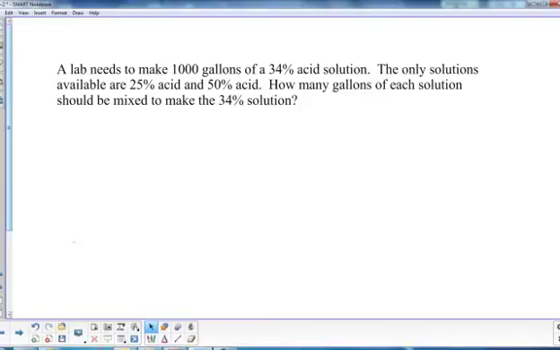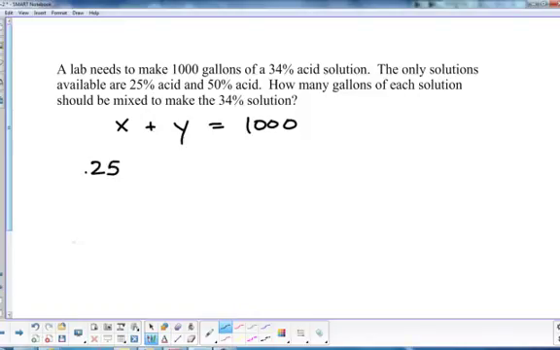Alright, a lab needs to make 1,000 gallons of a 34% acidic solution. The only solutions are 25% acid and 50% acid. So how many gallons of each should be mixed to make the 34% solution? So if I have my x solution and my y solution, I need to have 1,000 gallons total. So I'm mixing a 25% solution, I'm not sure how much of that, and a 50% solution, not sure how much of that, to get 34% solution,